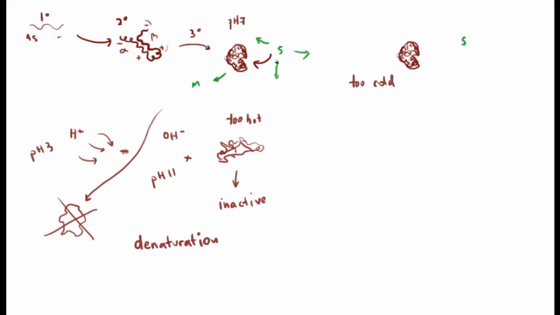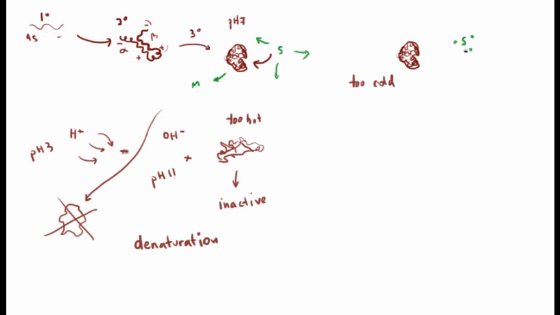There's going to be a lot of opportunity for a starch to bump into the enzyme. If the starches are kind of like barely moving because the system has gotten really cold, then even though the enzyme is perfectly able to interact with the starch, it's not going to go out and look for the starch. It has to wait for the starch to bump into it. And if the starches aren't moving, we're not going to get a very high rate of interaction between the enzyme